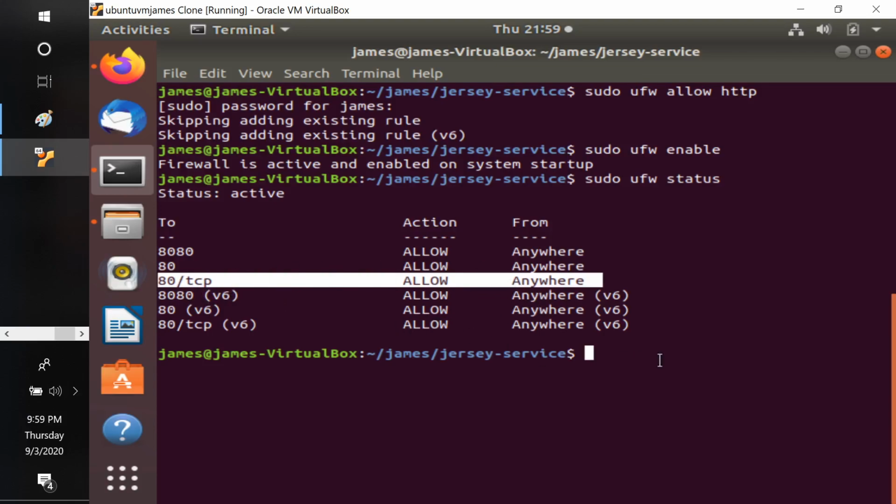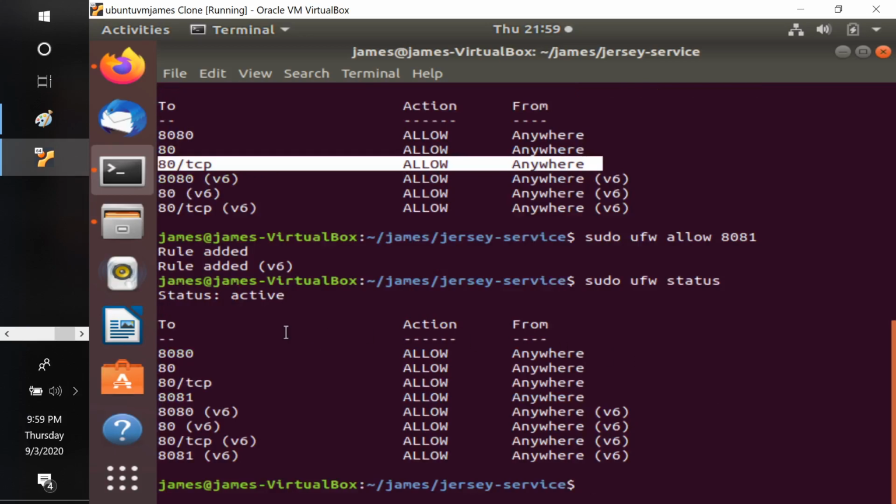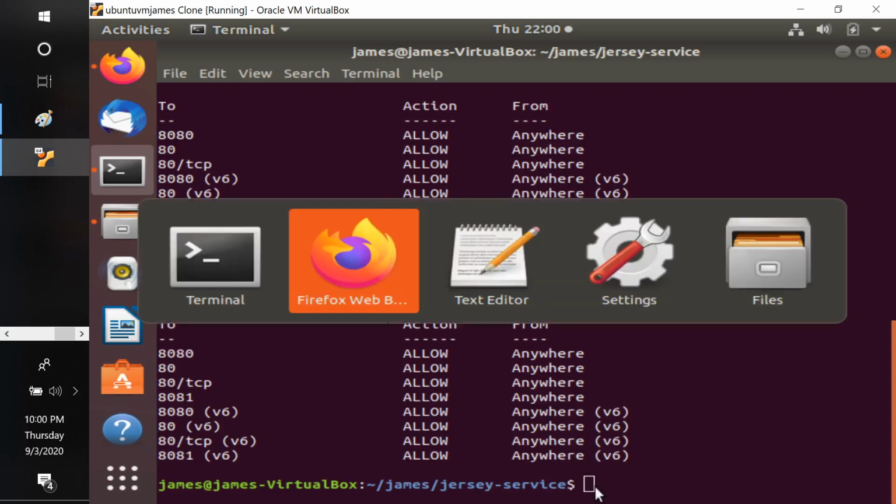Now if you want to allow port number 8081, what you would do is sudo ufw allow 8081, if your application is running on port number 8081. And if you want to see whether the firewall has opened that port, sudo ufw status. So you see port number 8081 is now open for access. If you don't have these rules, then your port number 8080 won't be accessible no matter what IP address you use. And if you want to delete,